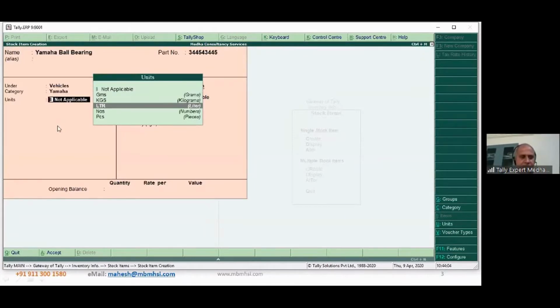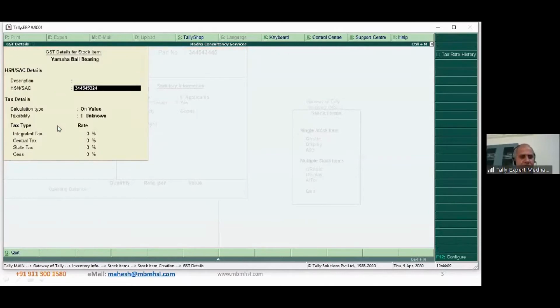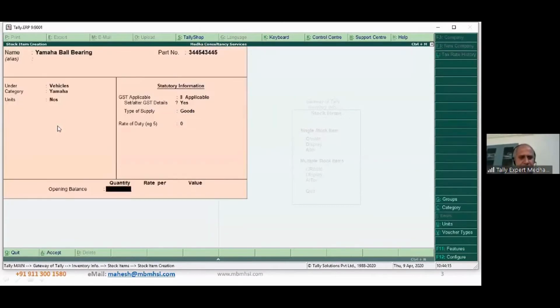Then I'm saying this is in numbers. Whatever GST I have, I'll give the GST details, and I'll say this is at 12% tax. I have 100 numbers, for example,